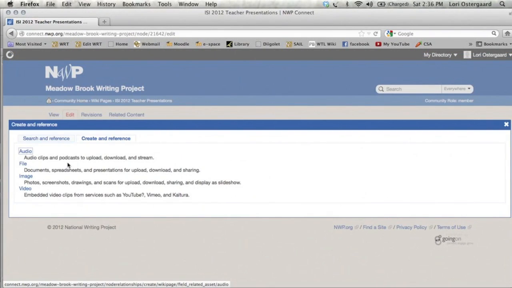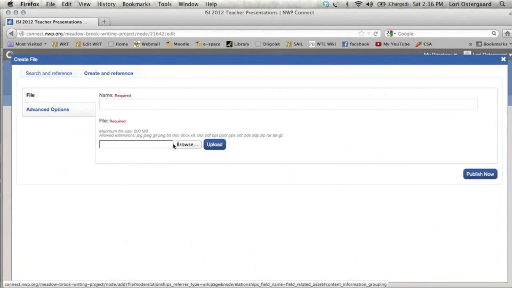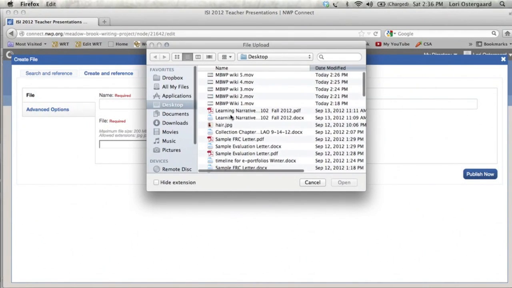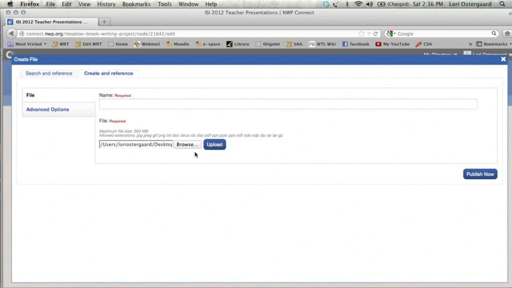Click on the little green button to add. Find what I want to add, which is a file. And I need to give it a title. Title of the document or the resource. Go in here and browse and find it on my desktop. Open. And the next thing I'm going to do, I'm not going to do this now, but is click Upload